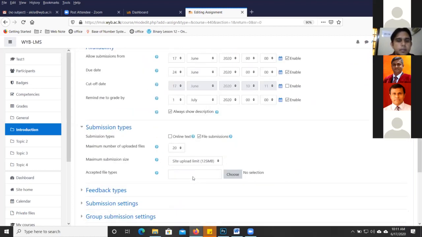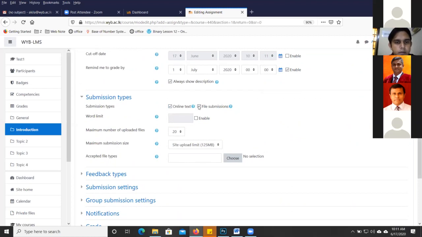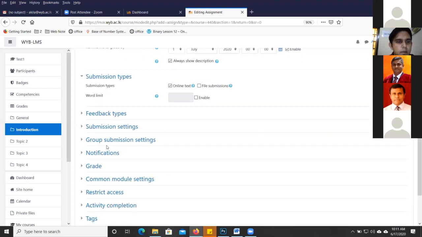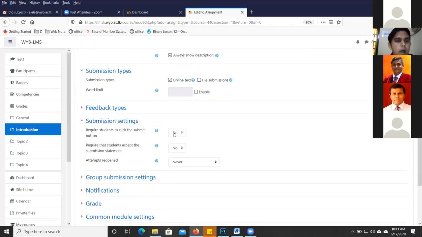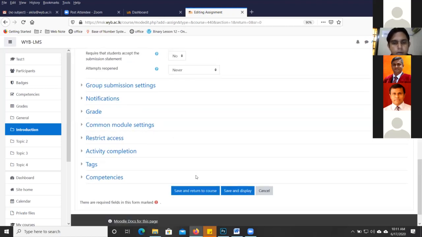In this assignment, I'm going to select online text only. And in submission settings, I'm not going to set this one to yes. That means require a student to click the submit button. So they don't need to click a submit button. Right? Okay, now I'm going to save the assignment.